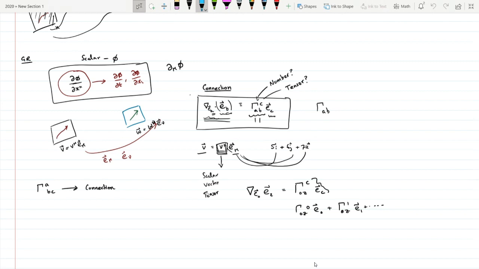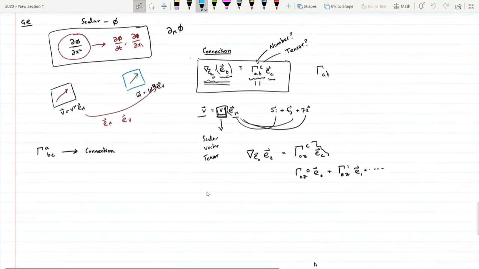And I think Yuvraj had asked, like, how do you solve the equations to get different solutions to the Einstein equations? One example of this is that a connection, in general,